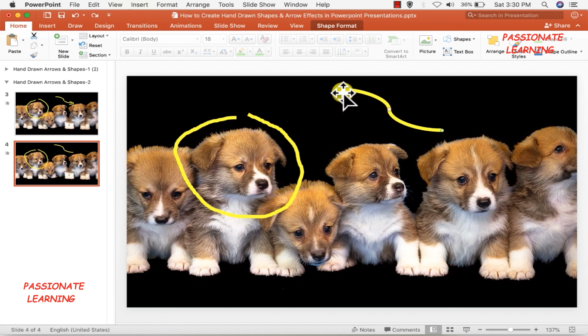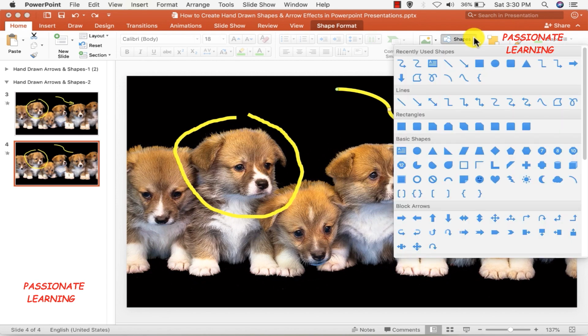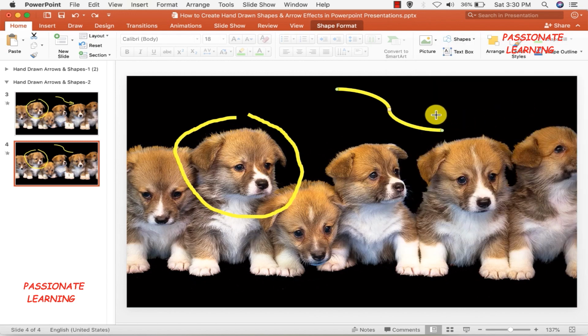Now, in the first step, we made the base of the arrow. In the second step, we need to make the head of the arrow. For that, I again need to go to the shapes menu and insert a particular shape of a curve. Like this. For starting the arrow, I need to click here, and then I need to click at this particular point, and then I need to bring back this arrow and click here for the 3rd time, and after that I need to press the escape button to come out.